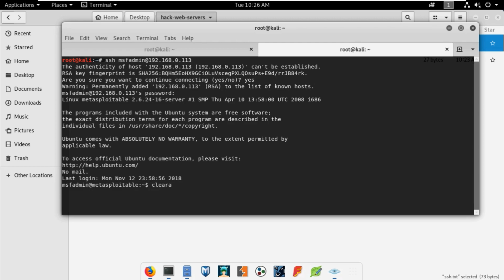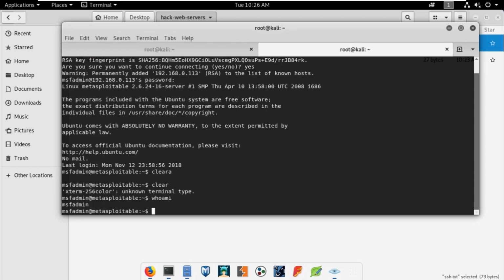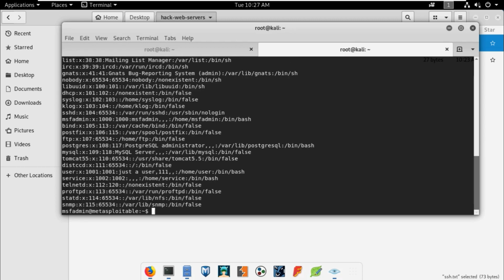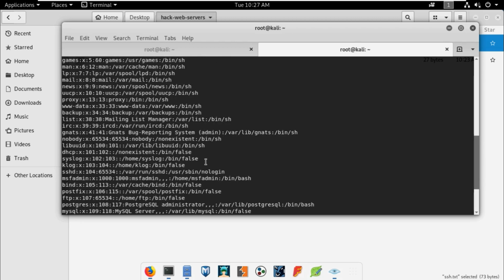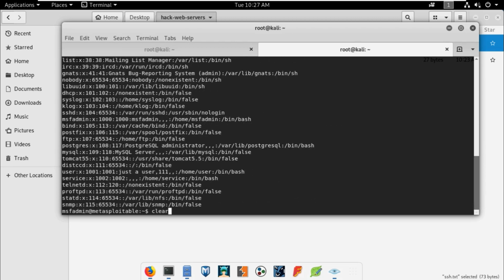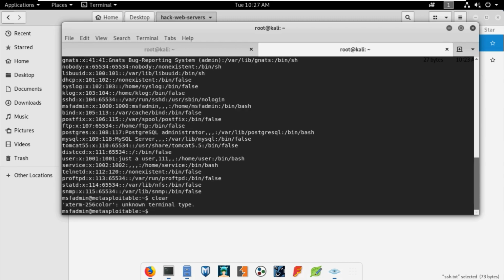Just clear the... oh sorry, I just made a mistake. Now we cannot execute all of the commands. Let's see, whoami. msfadmin. Okay, let's see the machine. Okay, this one is running. Okay, cat /etc/passwd. As you can see, we can execute most of the commands, but not all. We cannot execute the clear command.